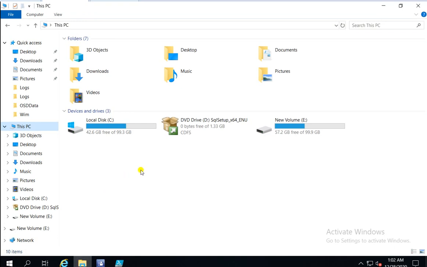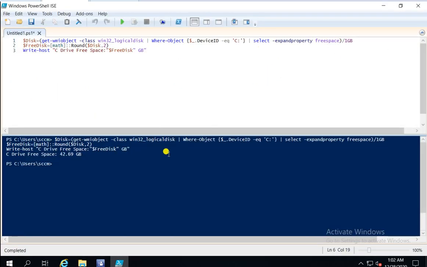Why I chose the free disk space: many times when we deploy a patch or application, it fails because of a disk space issue. So if you want to check, you can just copy and paste this query and fetch the detail of what disk space is required on that particular machine.